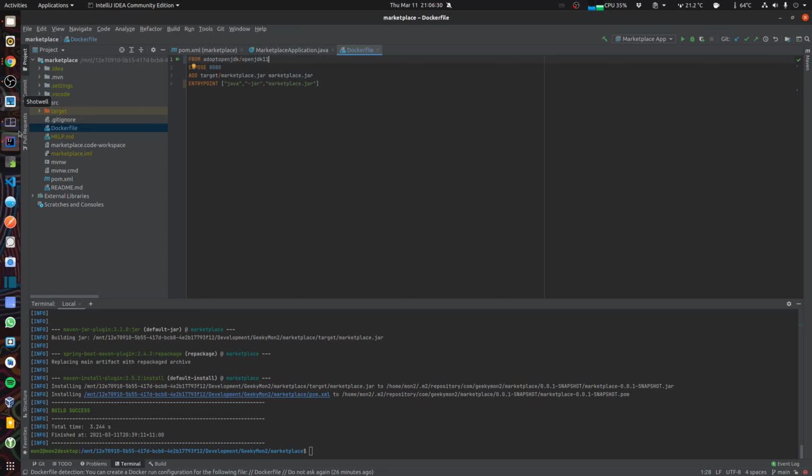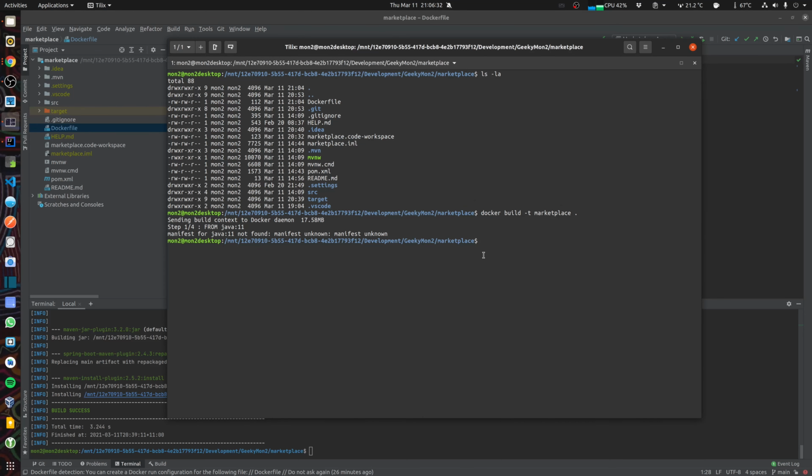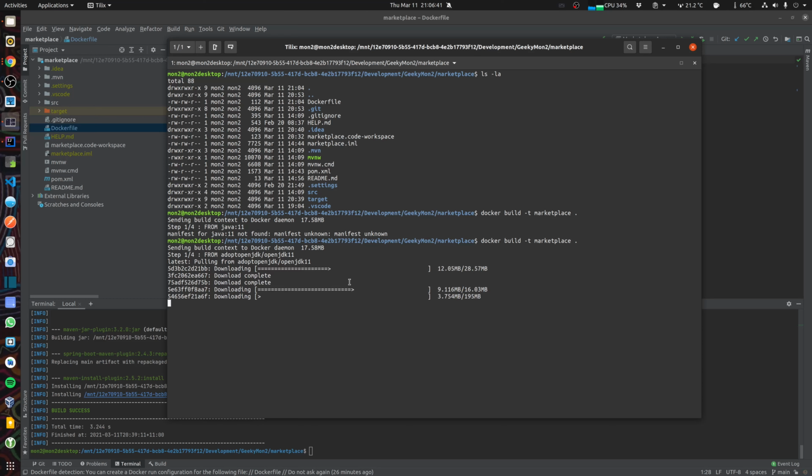And now let's try to rebuild our Docker image. As you can see, now it started downloading the image.